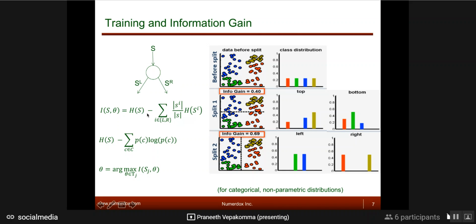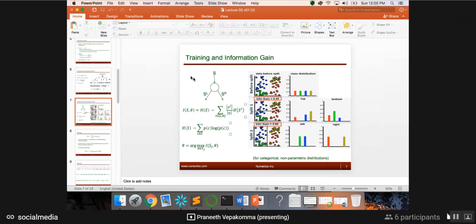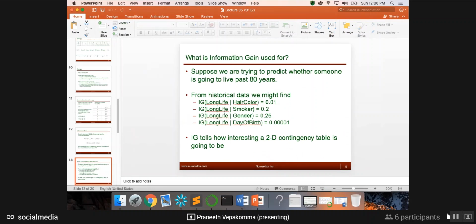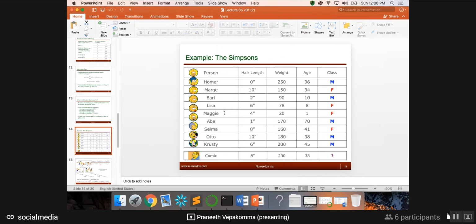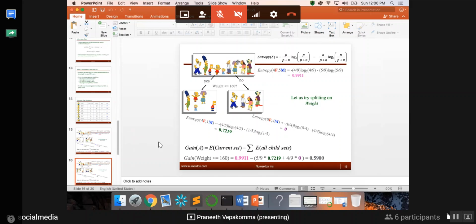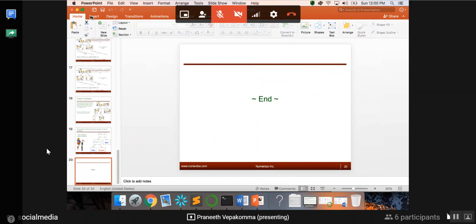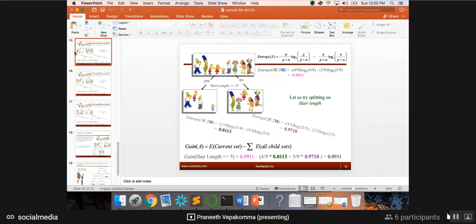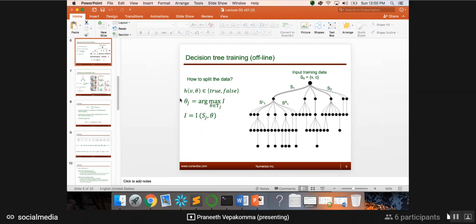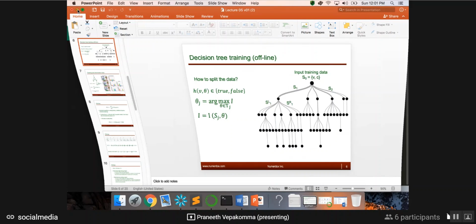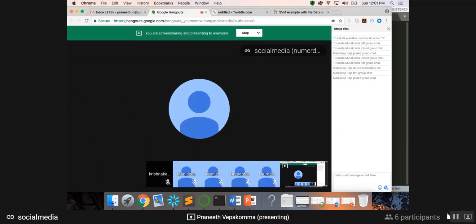I will explain very clearly why this is a good measure in the next class. Then the next few slides will explain why that is a good measure, and then you will see an example with a Simpsons cartoon of how random forest is applying it. You will get the overall idea. Since you already know the structure of how this flow is happening till here, once you understand this measure, you will understand random forest very well, to an extent that you can explain it in an interview on the board. Someone asks you, tell me how random forest works.